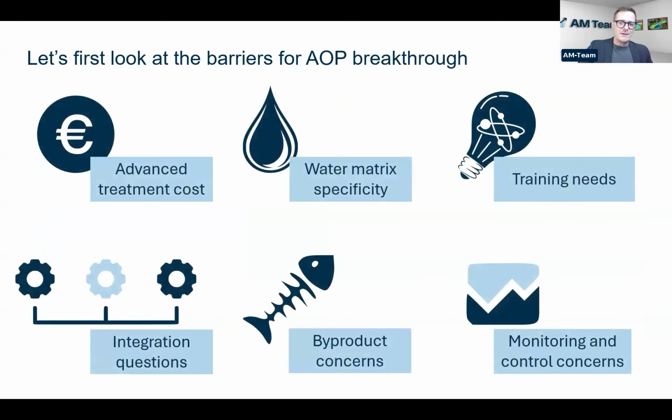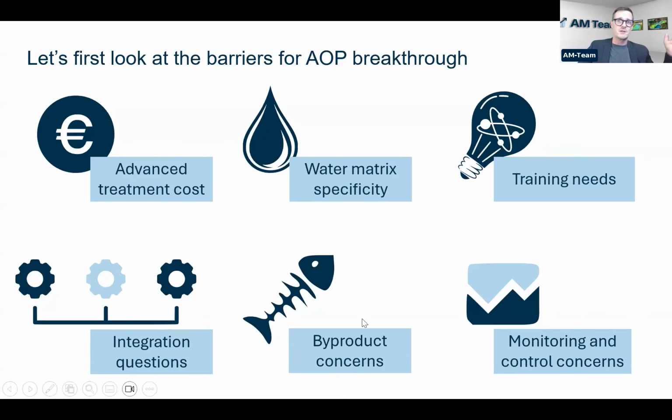Okay, when all that will be happening, and we need to prepare not only for some climate change, but also for some regulatory updates, we need to overcome some barriers. And when you look at advanced treatments, I'm mentioning AOP here on the slide, but it should be advanced treatments. You have the cost picture. You have also the treatment plants that are very specific. People are also not experienced in the beginning, so you need to train. You have upskilling needs. You have integration questions. So how do we integrate this advanced treatment within our pre-existing plant? But then you have concerns on